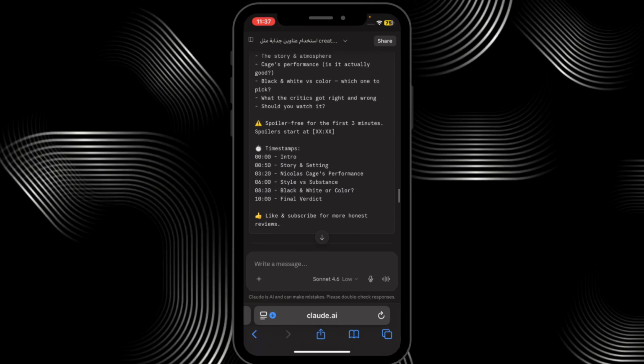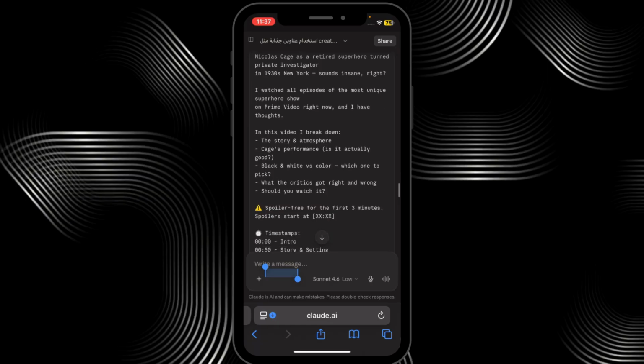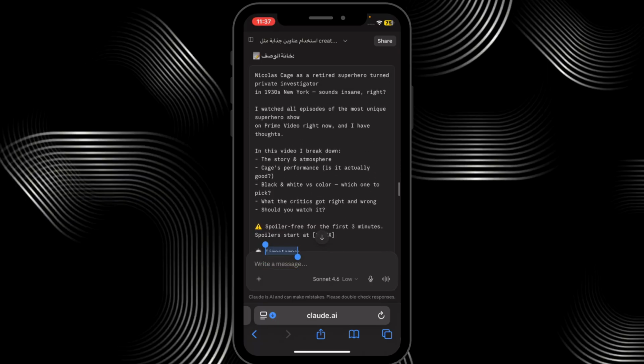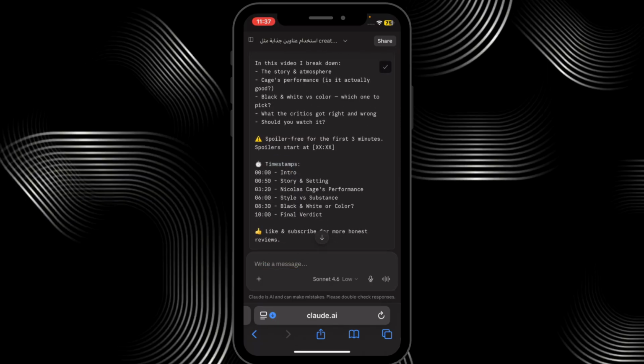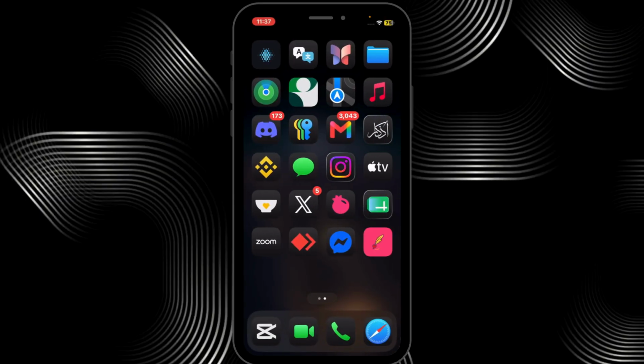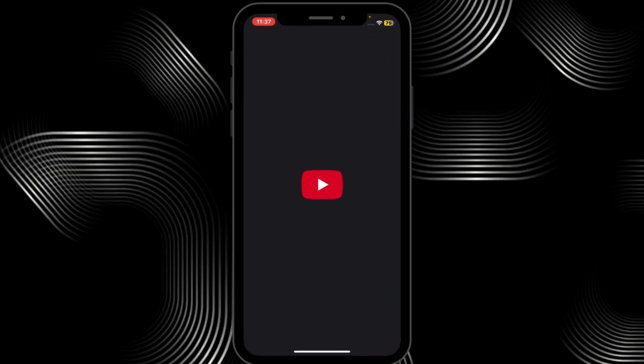So here's an example for timestamps, right? The first minute, intro. After 50 seconds, story and setting. 3:20, Nicolas Cage's performance. The 6-minute, style versus substance. 8th minute, black and white or color. 10th minute, final verdict, right? And you're gonna copy a similar description, for example. So let's say I'm gonna copy this one and go ahead to your YouTube channel,